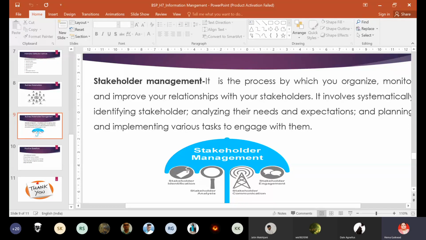Then the third one is polling, which is almost the same as voting. The third thing is word of mouth publicity, the leader. Suppose, for example, in a group there is one person who is a leader in that group. So based on the leadership skills, or we can say the word of mouth publicity, it happens that one person has a very big name, so you can select that person on that basis. This is the third way.